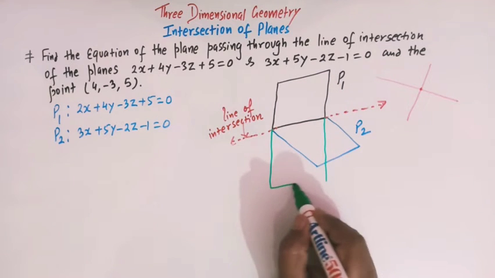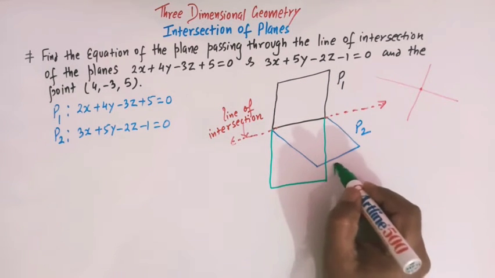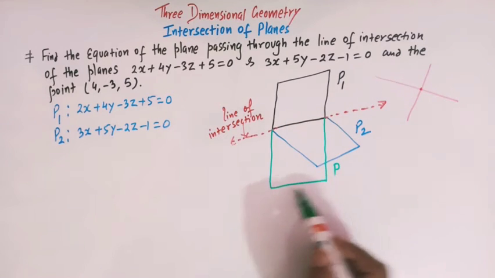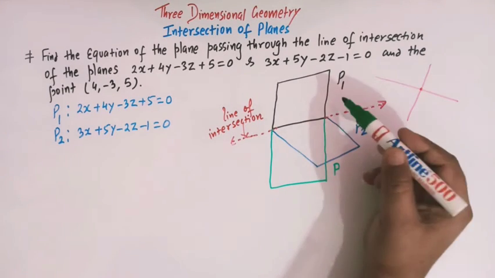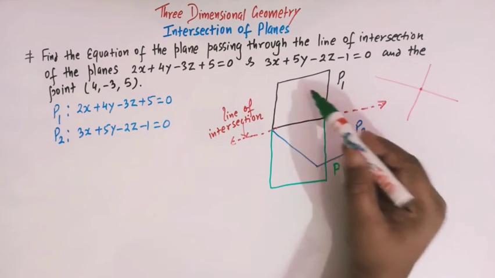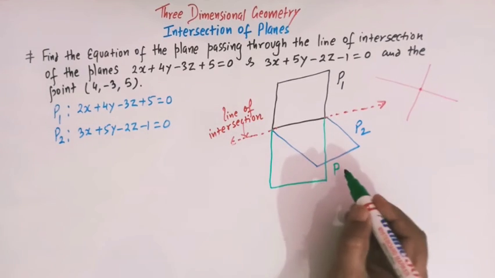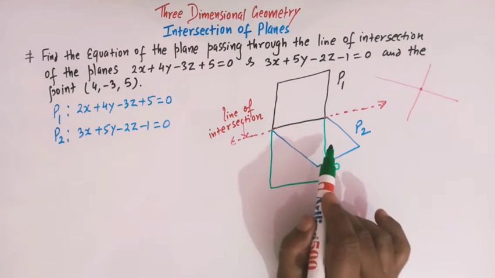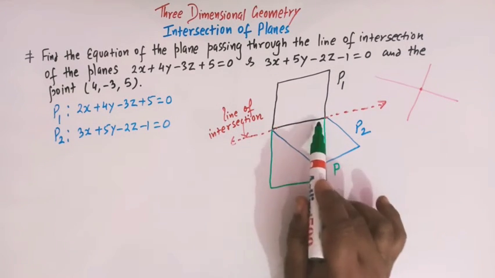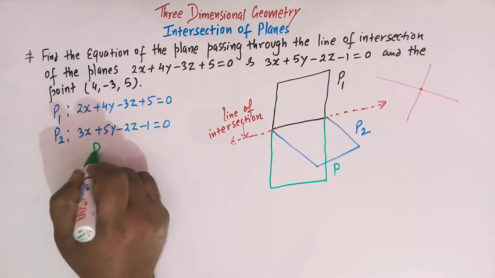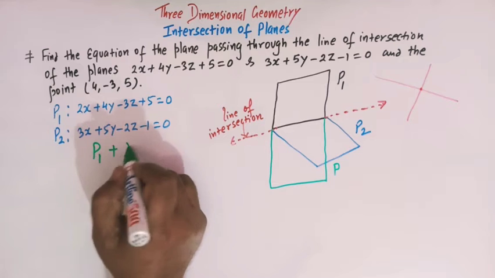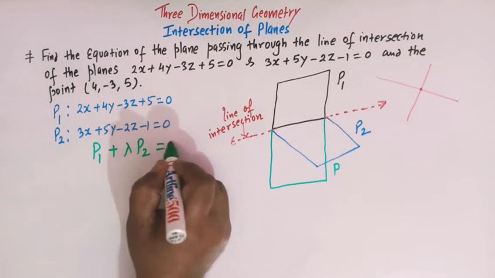We have to find the equation of this plane P. Now we know that whenever two planes intersect, the equation of the third plane which passes through the line of intersection of P1 and P2 is given by P1 + λP2 = 0,